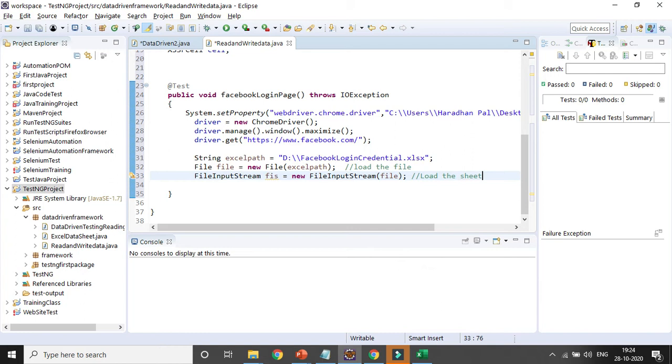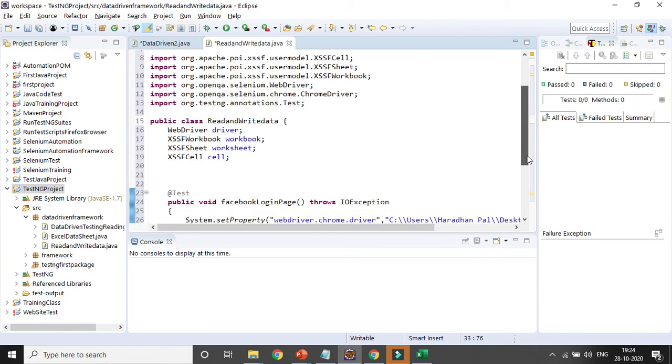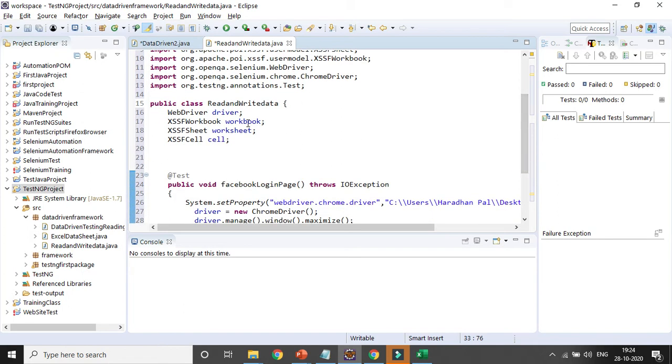Now I already declared some variables for the workbook, so now I can access the sheet from the workbook.